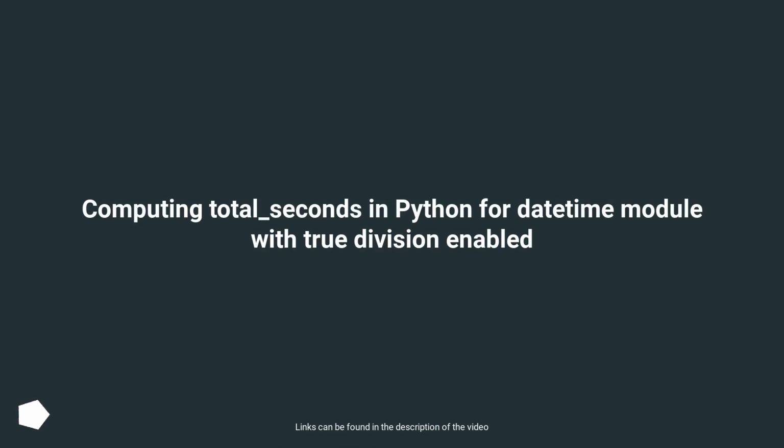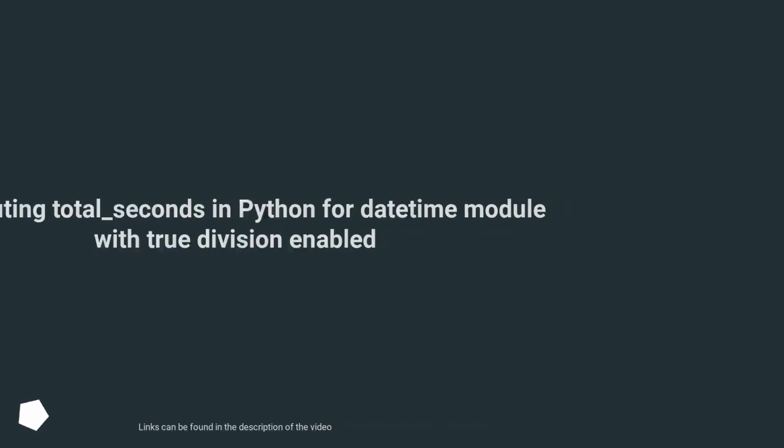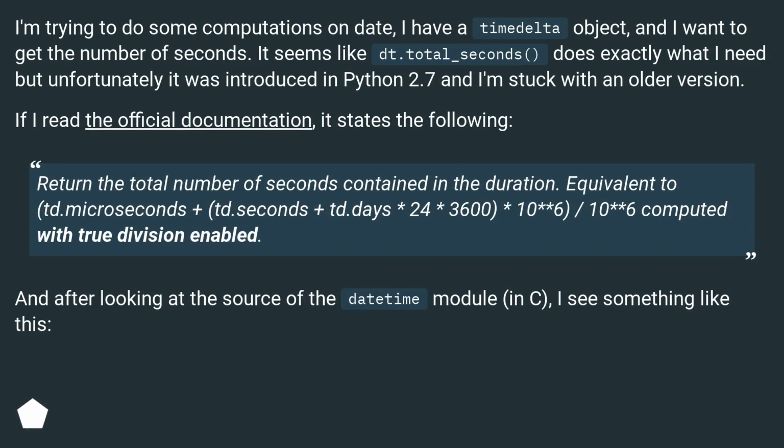Computing total_seconds in Python for the datetime module with true division enabled. I'm trying to do some computations on dates. I have a timedelta object, and I want to get the number of seconds. It seems like dt.total_seconds does exactly what I need, but unfortunately it was introduced in Python 2.7 and I'm stuck